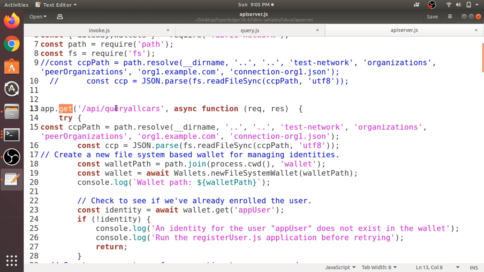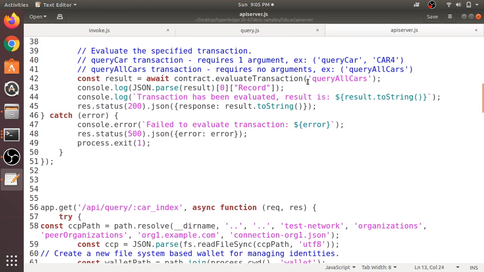Query all cars is the first API, in which we first check all the validity regarding the certificates of the app user, and that code is directly copied from query.js and invoke.js. And here you can see we are calling the valid transaction, query all cars. Okay, and it will return a JSON, and the JSON will be responded back into your browser.